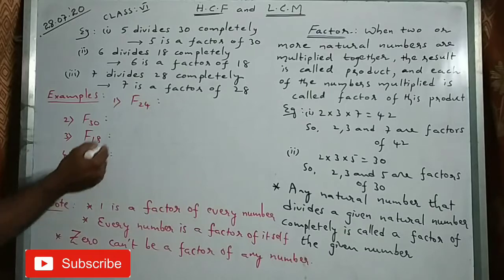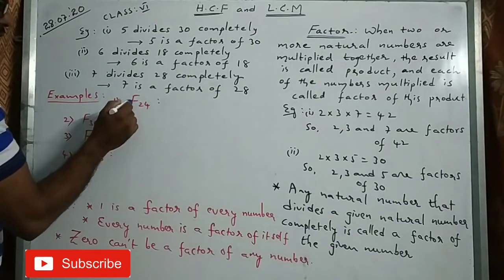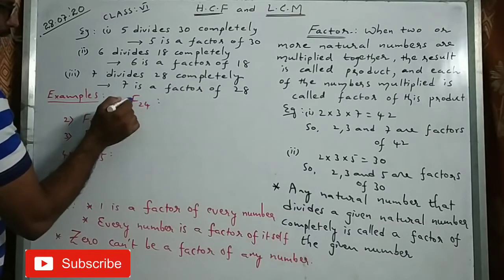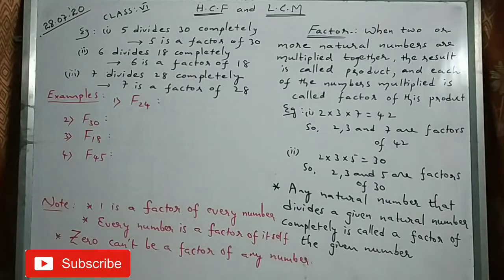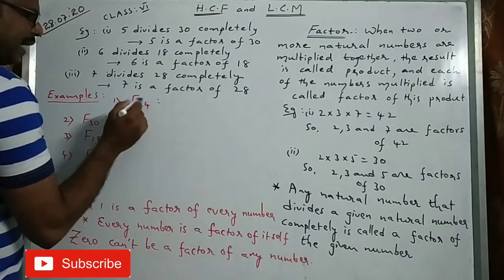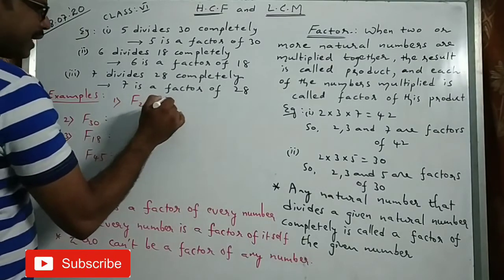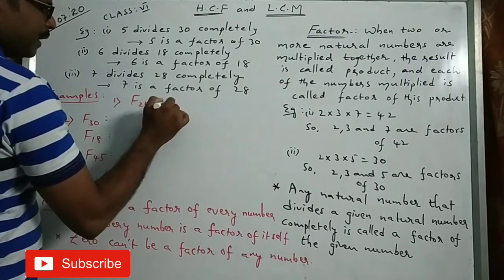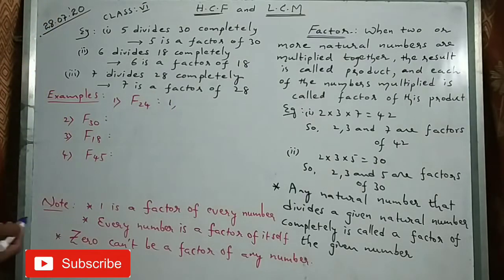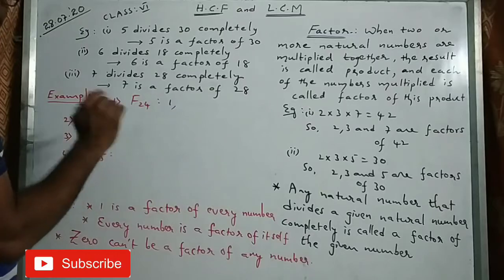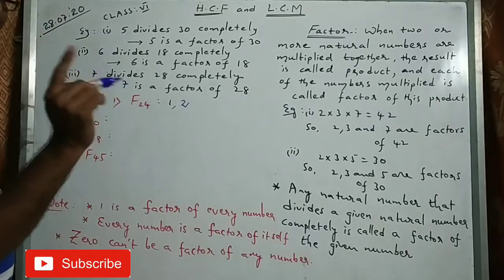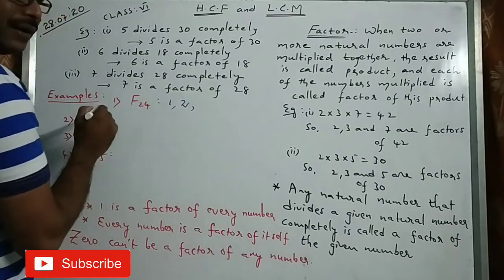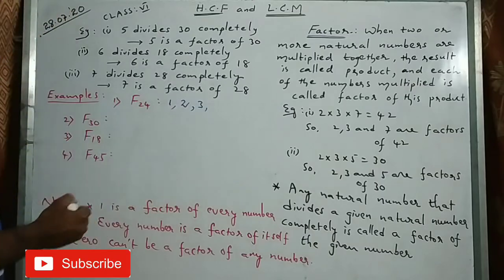For example, here I am taking 24. Factors of 24, I will write like this, F24. F24 means factor of 24. So what are the tables we take in 24? One table will go, because 1 24s are 24. Will 2 go? 2 12s are 24, so 2 also will go. So tables you should be perfect. 3 table, 3 8s are 24, so 3 also will go.